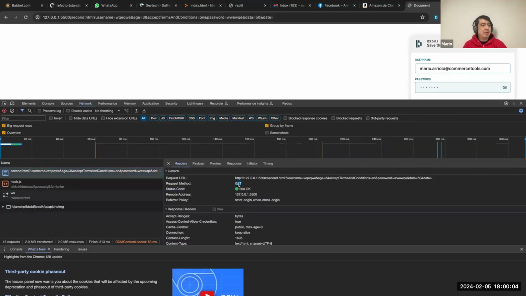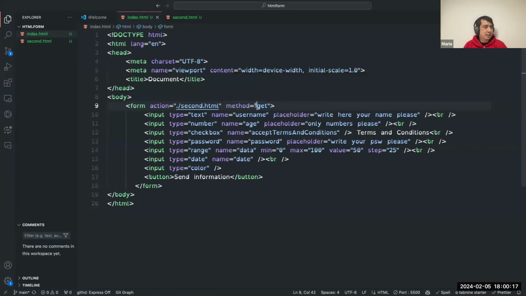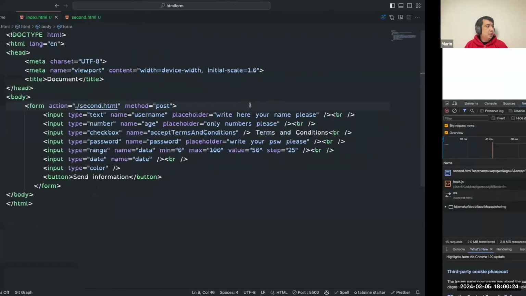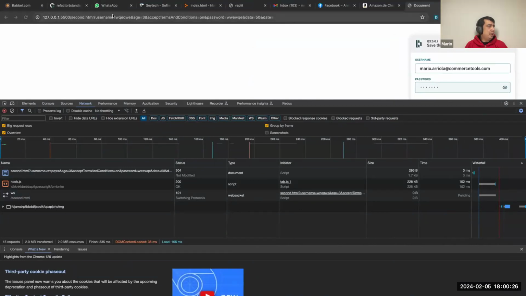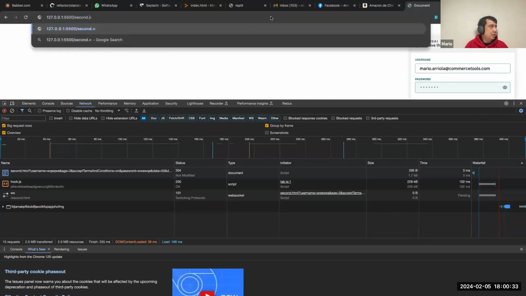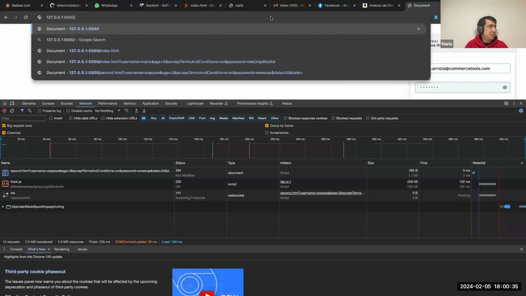I think like a live server doesn't accept in this case the method post. But it's because of the live server. It's nothing because we are doing something wrong or anything. By default, it has to be working. But thank you for noticing that in this case, Vector. I appreciate it. But even though if you see that part, that error, what is important or what I want you to see in that specific moment